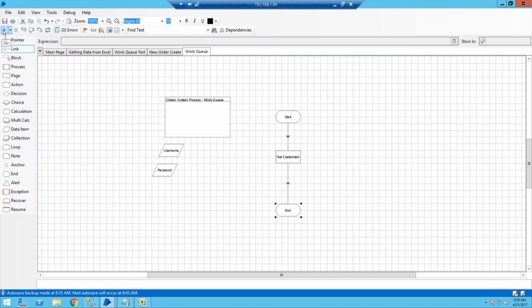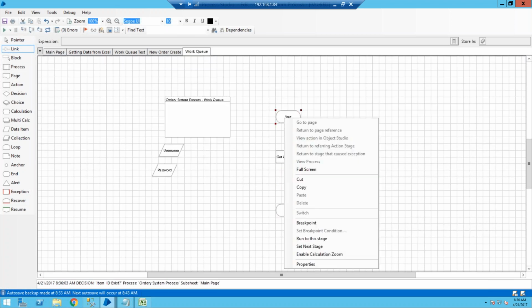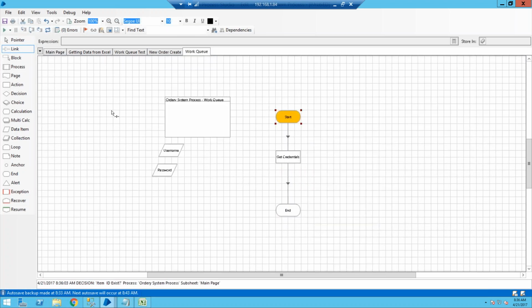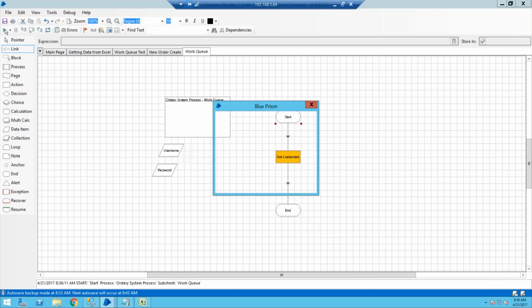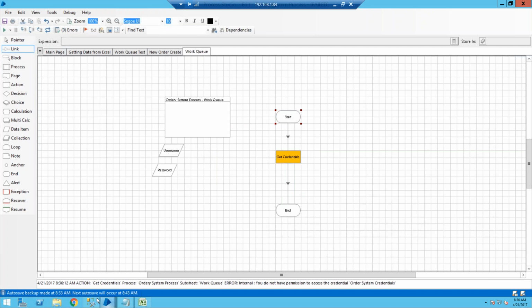So when I run it, sorry, I have to set it as next stage. As you can see, it's throwing an exception that you don't have permission to access the credential. So what I need to do,